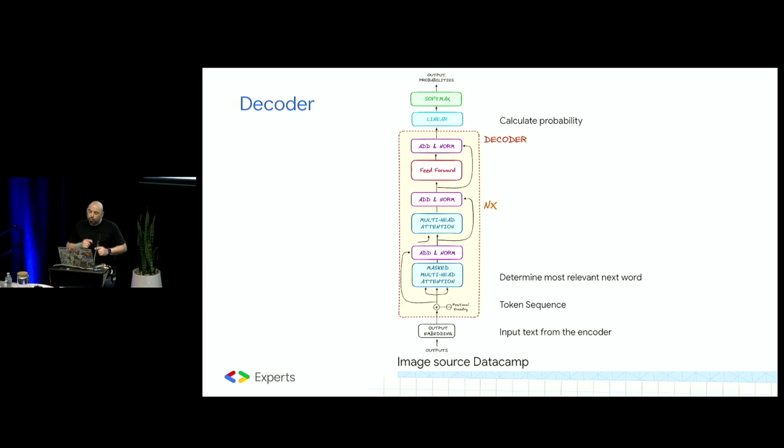Now, the decoder also uses the magic attention mechanism that we saw before, but in a slightly different way. It focuses on different parts of the encoder's output and the previously generated sequence to determine the most relevant information for generating the next word. If we were to take again the writer example, it's like constantly referring back to the notes and the already written parts to make sure that there is consistency and coherence across the whole board.